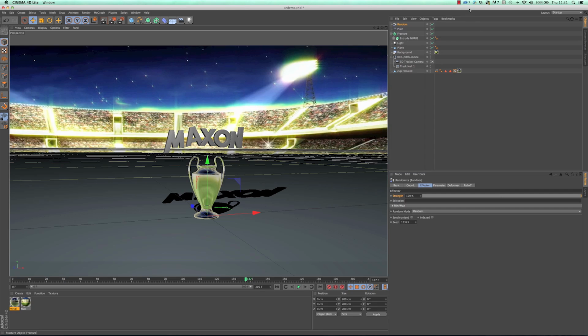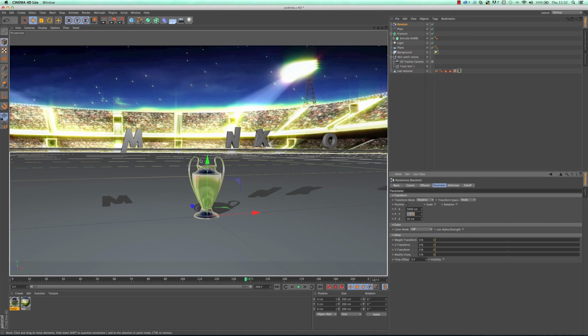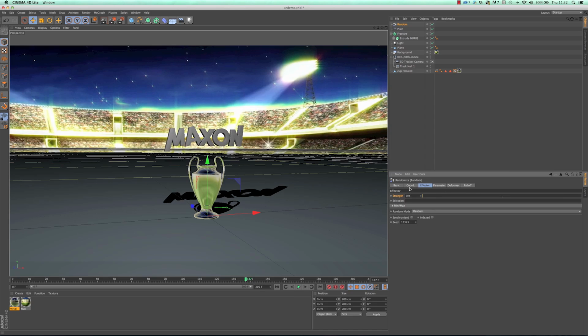So the random side of things, if we have a little look at that, we've got the ability to affect different things again. So we could, for example, change things like, let's give some big crazy numbers, so let's say 5,000, 200 and 300, and I'm also going to play around with heading, pitch and bank, and it's basically got this weird rotation thing here. Now here's the interesting thing. Now we've got that, let's do the same thing, and we'll go to the strength, and look what happens. We get this nice look.